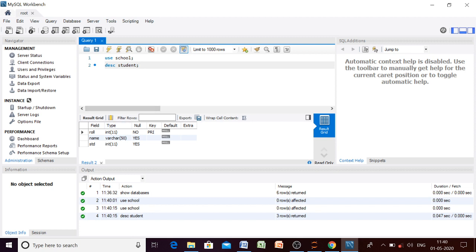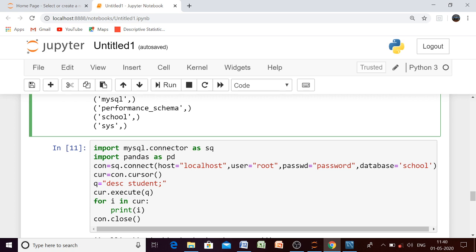Now the same thing we will do using Python code. Here we did it using MySQL, but now we will do it using Python code. This time the database is needed, because we want to work on the table student, which belongs to the school database.